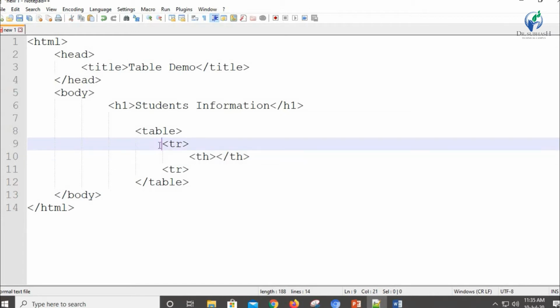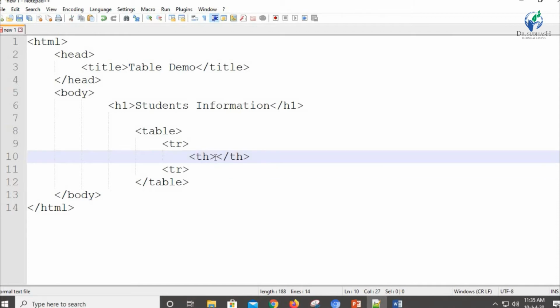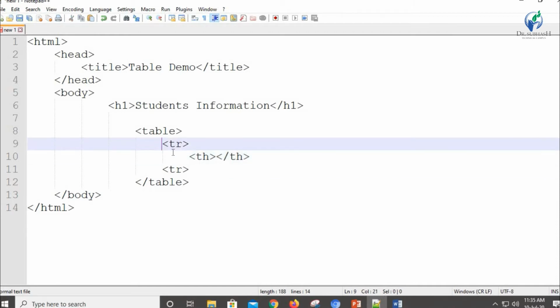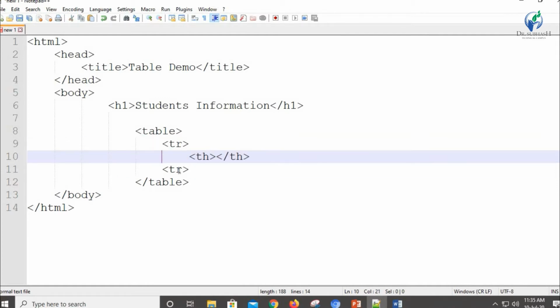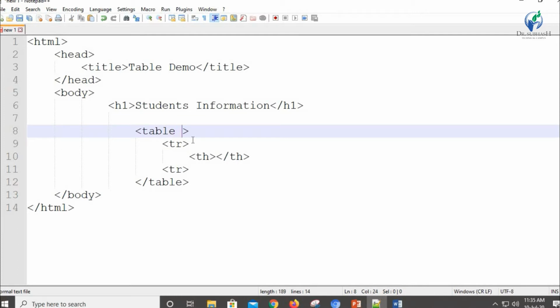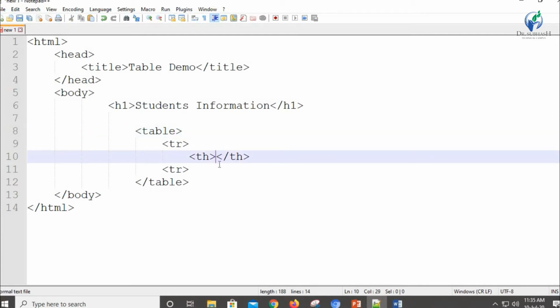So this tr is nothing but your row, and th or td is nothing but your column. So for as many rows as you require, we repeat this tr tag, and inside this tr, for as many columns as you require, we write this th or td that many times. Okay, now the attributes of the table tag. First we will see the output of this.